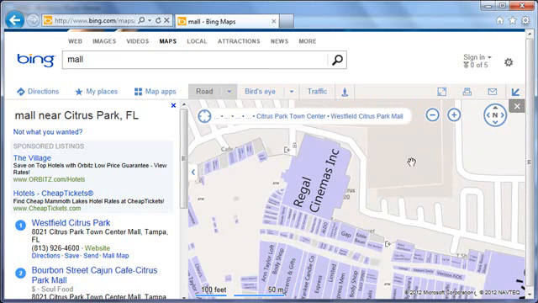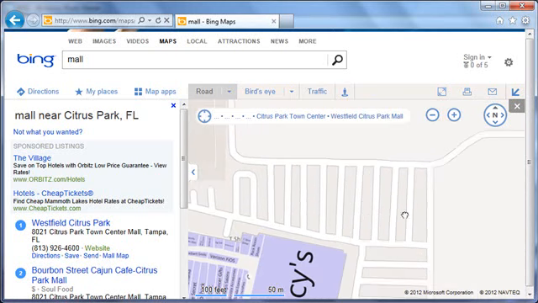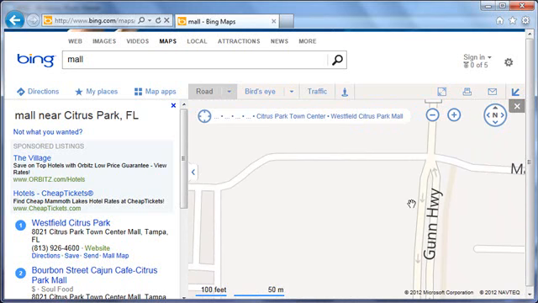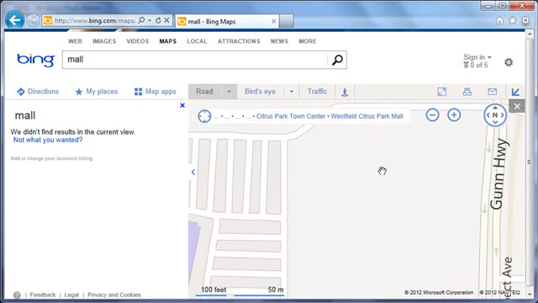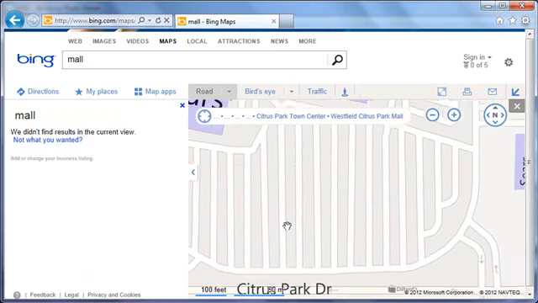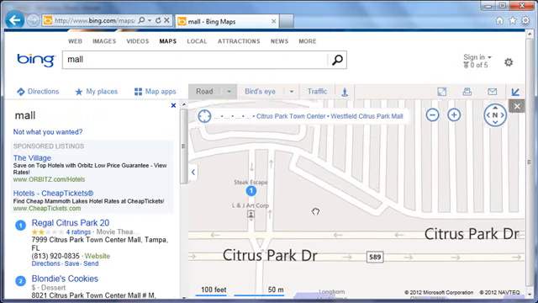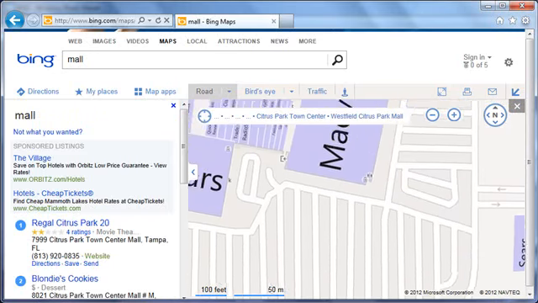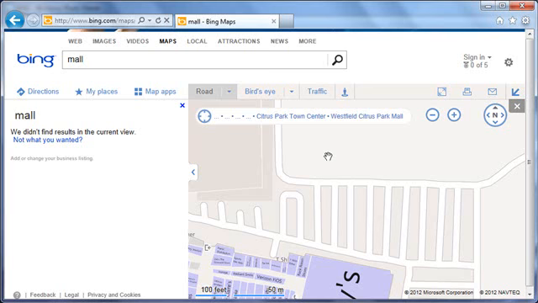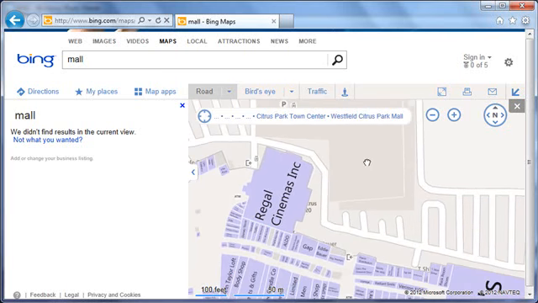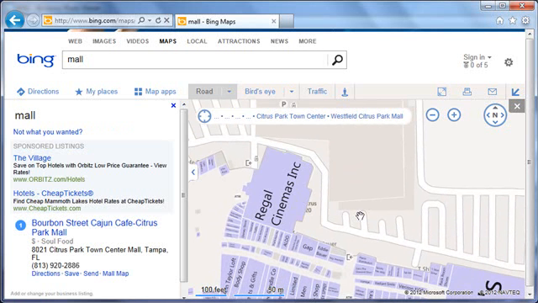Now here's the problem. If I told my GPS, take me to the cinemas, would it take me right here? No, it would not. It would take me to the entrance of the mall property, which is actually right here or way on the bottom, right here. So it would drive me all over creation, do a complete 180 around the lot, almost a 180 just to get here, when it would be easier just to take me exactly to the parking area so I could just walk into the movie theater and see the movie. Okay, anyway,